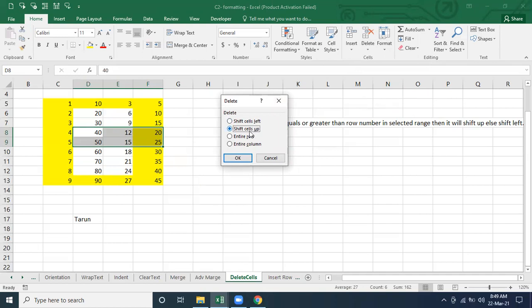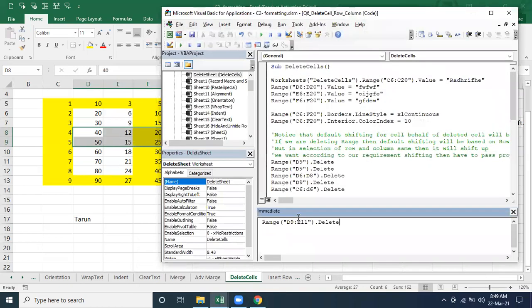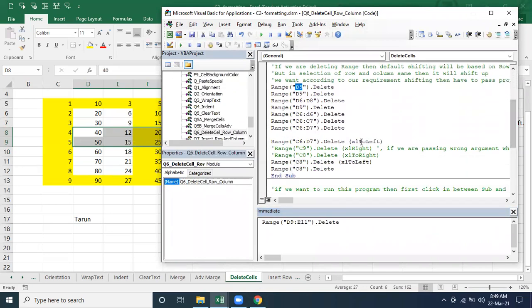I have not selected it on my side. So we have to select if you are not happy with the up. If you want to force it to the left, then we have to select this option. Correct or not? The same way you can do here also. That one only I was trying to explain to you here. While deleting, we have to tell where we want it to sit. Clear?